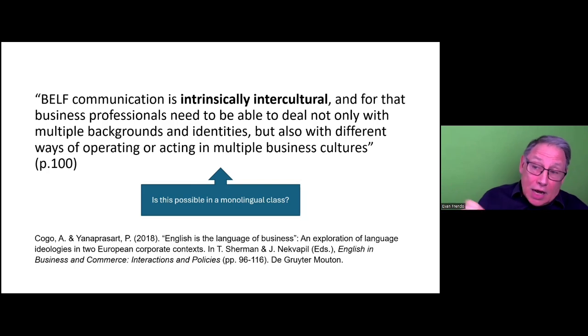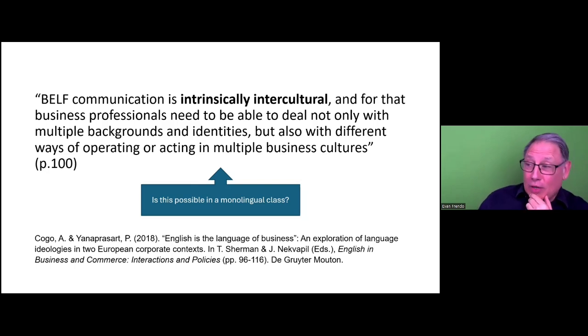Now, in the task-based learning literature, you very rarely see anything to do with intercultural communication. But it doesn't really matter, because as soon as you do a needs analysis and you realize that you're supposed to be simulating or replicating real-world tasks, and since real-world use of English for our learners is intercultural communication, it is part and parcel of TBLT, even though it's not really discussed, I would argue.